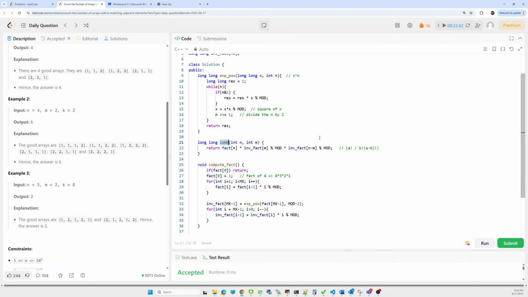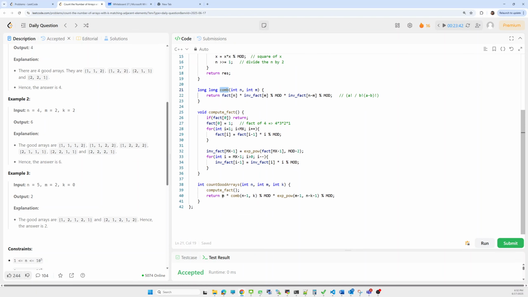So these three helper methods we need. Now the simple intuition is that for the combination of n minus 1 to k, there are m choices, and for the rest, from k to n minus 1, we have m minus 1 choices. So we'll take the exponentiation power of m minus 1 to the power n minus 1, and we'll return that.